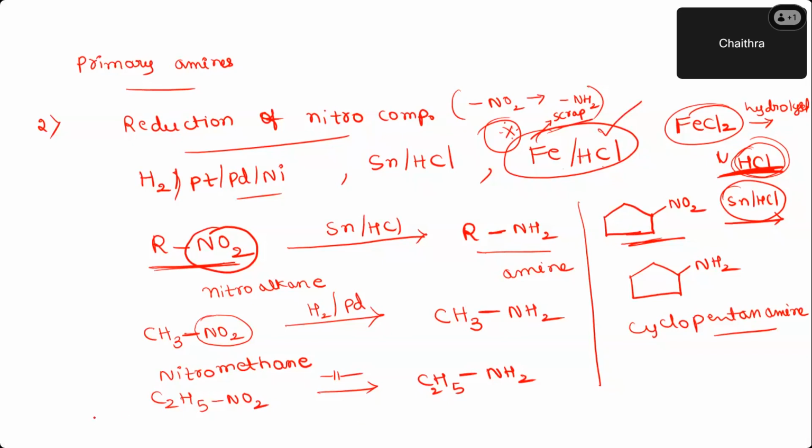And one more note for this reaction: I told you the reducing agents used are these things, right? In case you use reducing agents like lithium aluminum hydride, you know about that also, no? Rather than getting amines as the major product, you get azo compounds as the major product. Just have a note of that. Otherwise, this reaction is very simple. You start with nitroalkanes, you end up getting amines. Simple. Okay, let us move on to the next reaction.